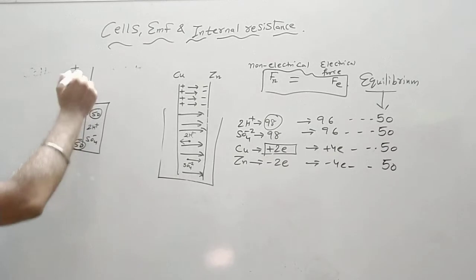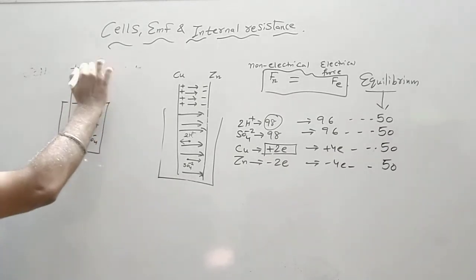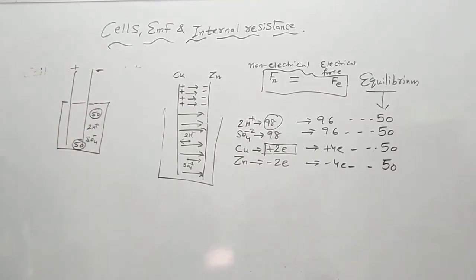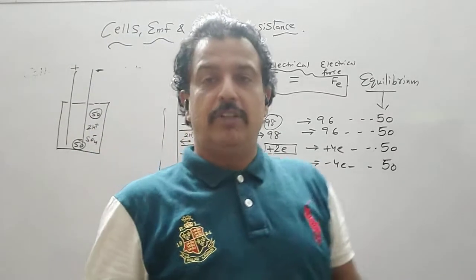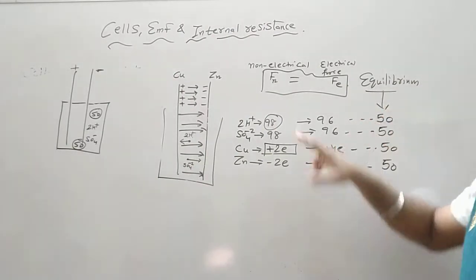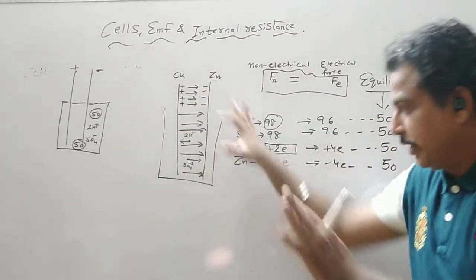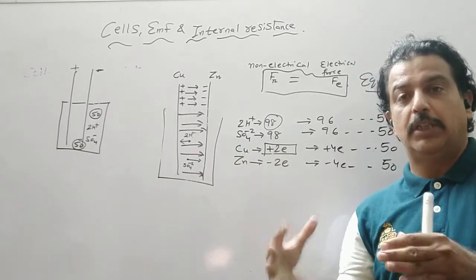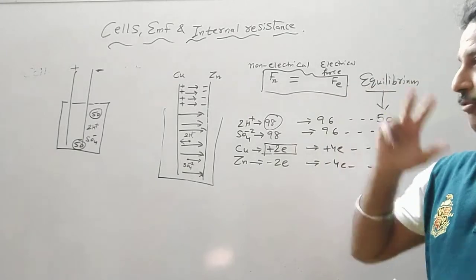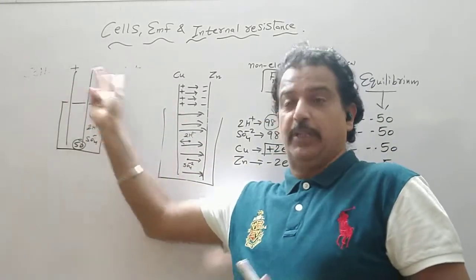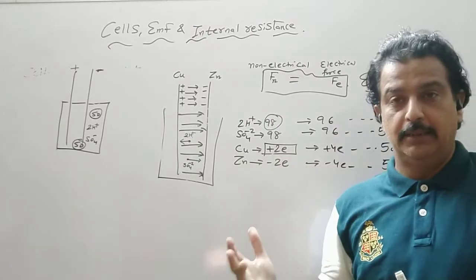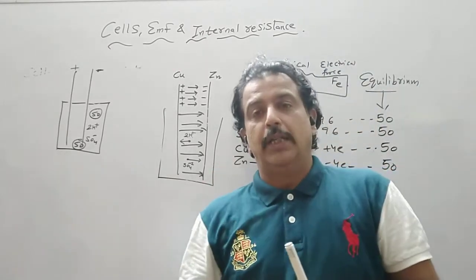There are positive charges 50, negative charges 50, and we have two electrodes, one positively charged, one negatively charged. And now the motion of ions has stopped. Now if I determine the potential difference between these two electrodes without using it,